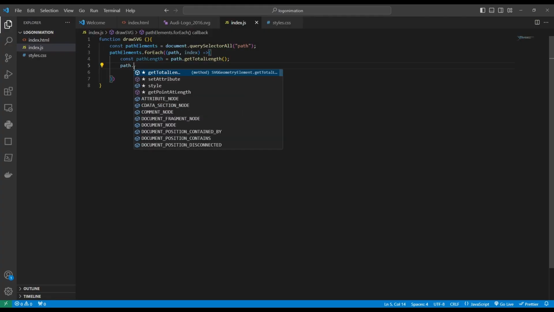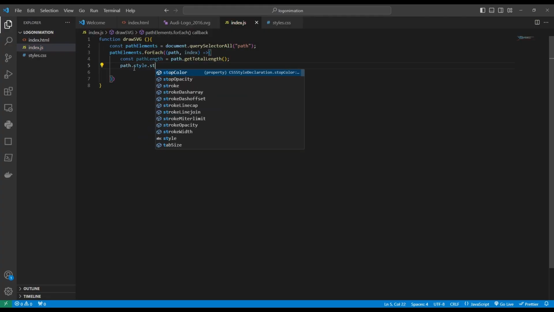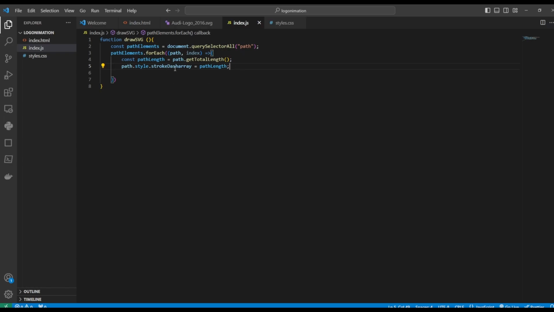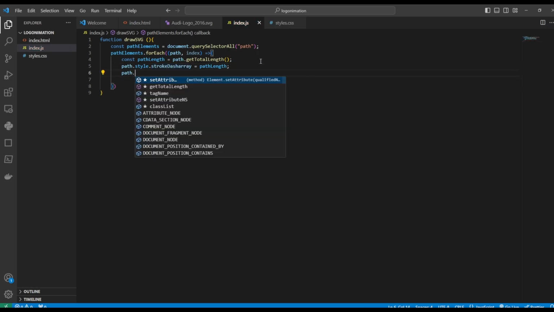Now we want to add the style strokeDasharray to each of our path elements. And in order to make it look like there is a continuous stroke that follows our path, we are going to equate it to our path length. And now we're going to apply another style property that's related to the stroke-dasharray property, and it is the stroke